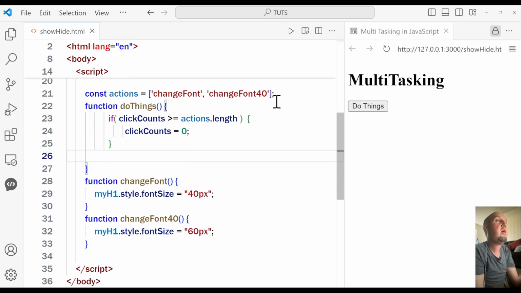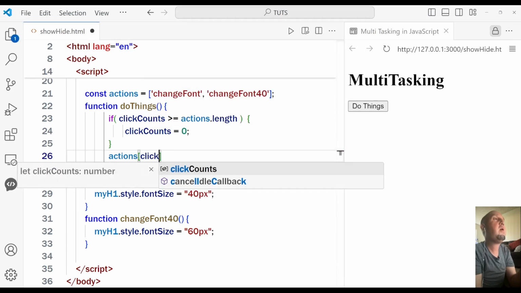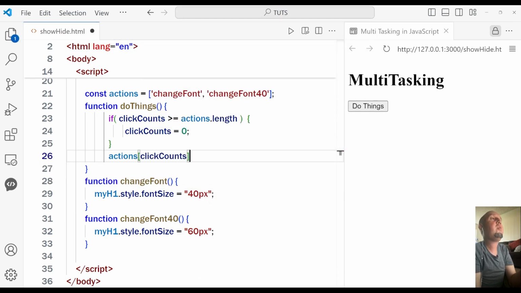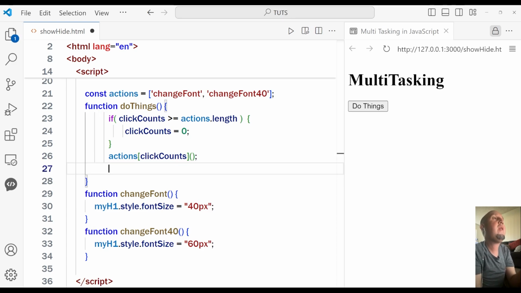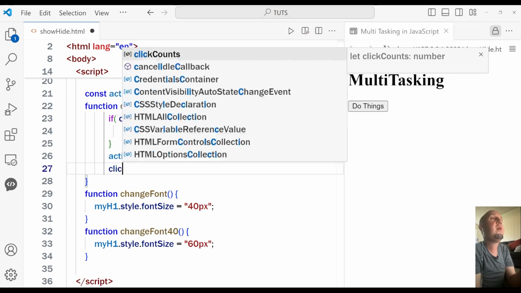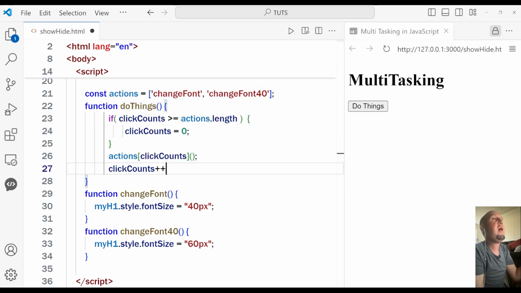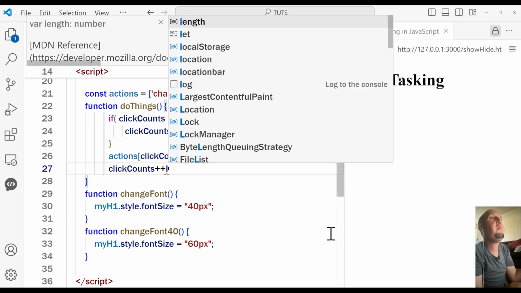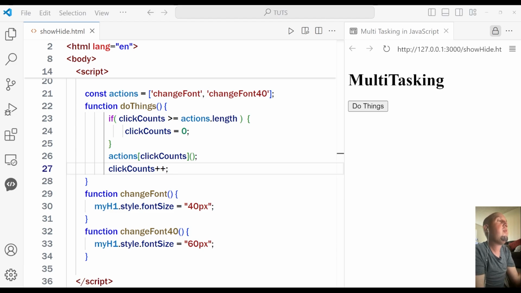Now, right below it, we are going to add the actions here. So I'm going to say actions, all right, and then open two brackets. Then we add clickCount, and right outside we add two parentheses and a semicolon. And right below it, we say clickCount plus plus. This will increment the click count. This is our action. So now if I click on do things,